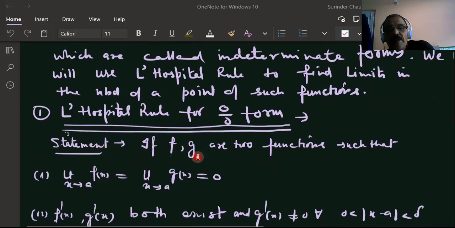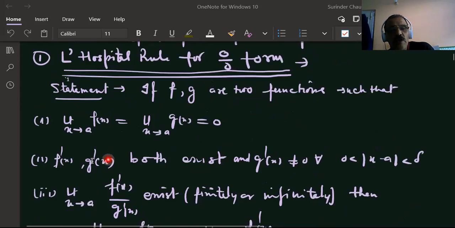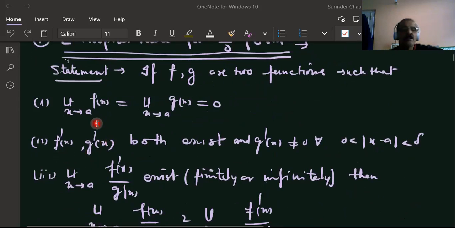If f(x) and g(x) are two functions such that limit x tends to a of f(x) is 0, limit x tends to a of g(x) is 0, both the limits are 0, and the first derivative of f(x) and first derivative of g(x) both exist, and the first derivative of g(x) is not equal to 0 in the deleted neighborhood of this limiting point,